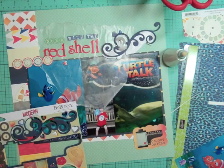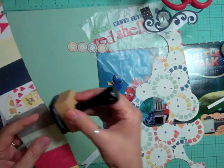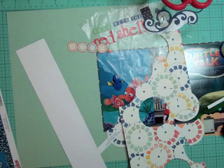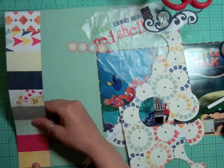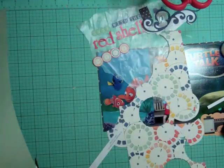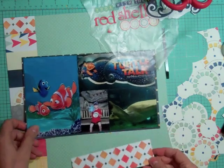And the page is pretty full, so what I'm actually going to do is stick a glassine envelope on the back because there's a lot of journaling. So I'm going to take a 4x6 Project Life card, stick it inside that envelope on the back, and do my journaling there. And a lot of my journaling, it's not that it's super private or anything like that, but I just have so much fun